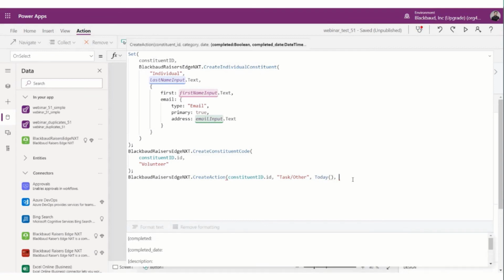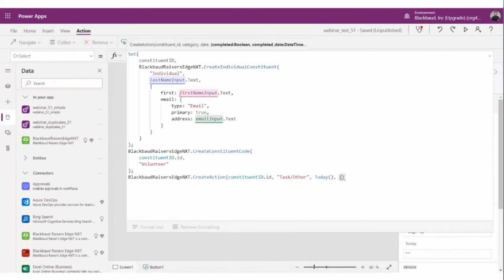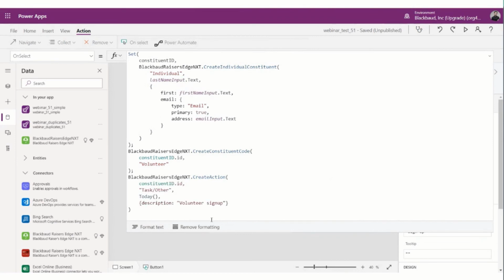And then we add in a whole bunch of information, and you can hover over here to get more about that. I'm going to say I only want it to do a description of volunteer sign up. And then I'll need to close that. Okay, so that should be everything we need.